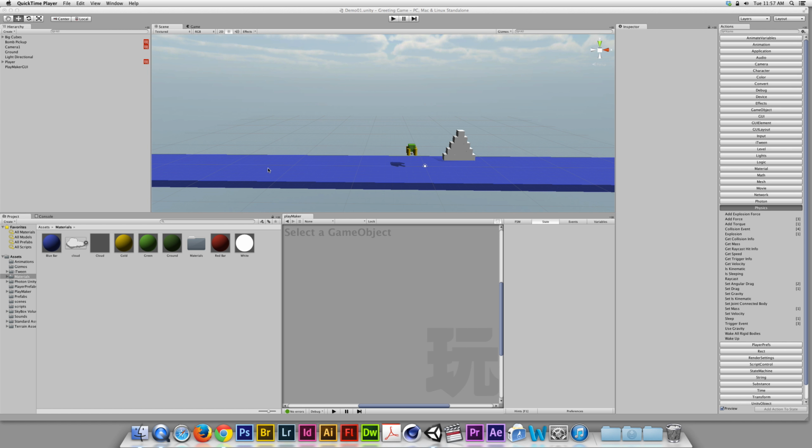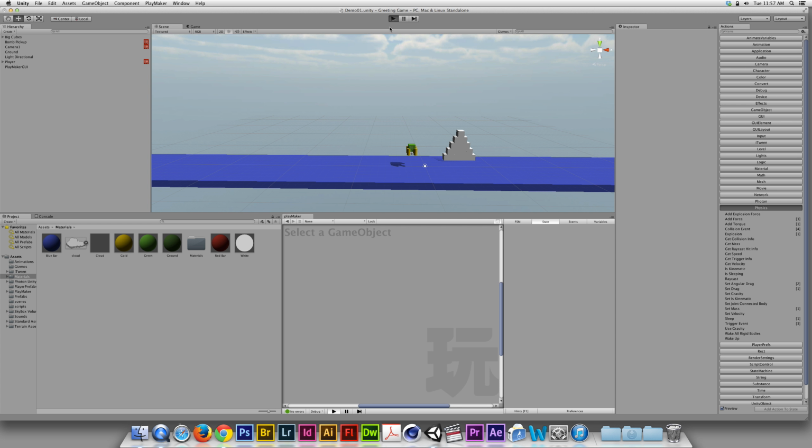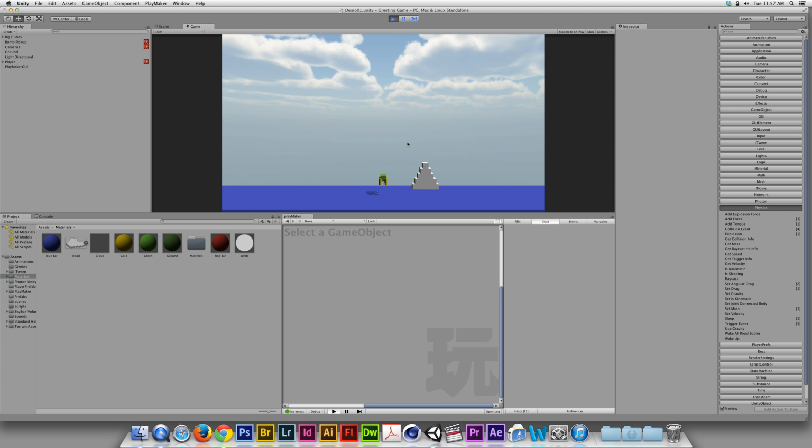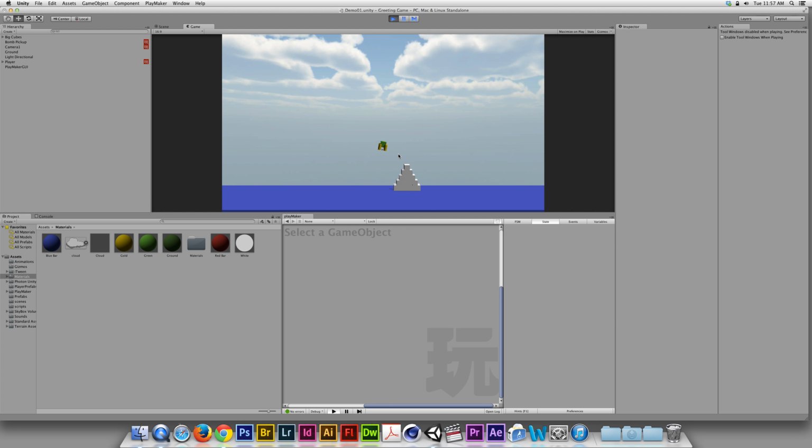So I want to cover some of the basic concepts of establishing a health system inside our game using Playmaker and Unity. And inside class, there were a couple of questions that came up that I want to address just briefly. The first is that I have this little player character that's kind of a little rocket, a little spaceship model,